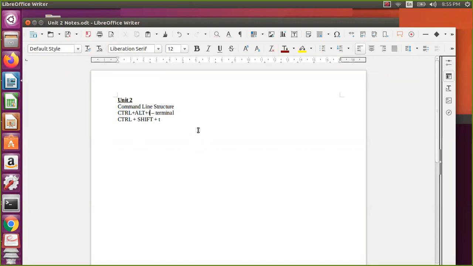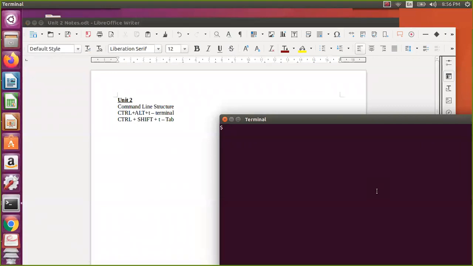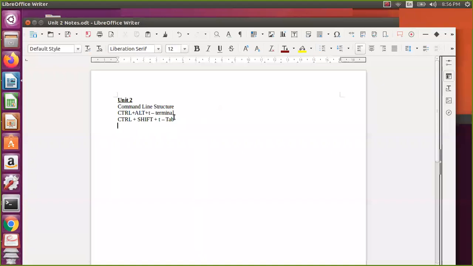Shift is not needed for the terminal shortcut. So this is the terminal and this is the tab. These are the graphical terminals, so you can open the editor or anything graphical from this. But you have something called consoles.